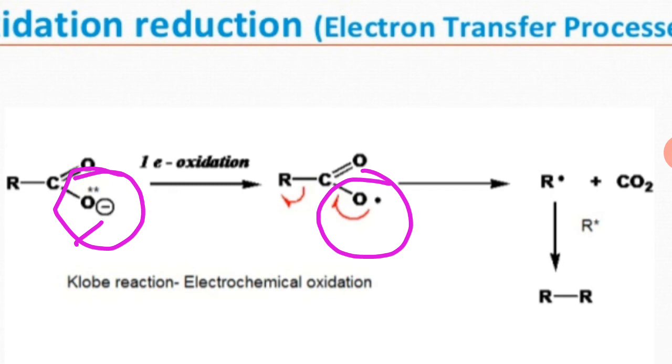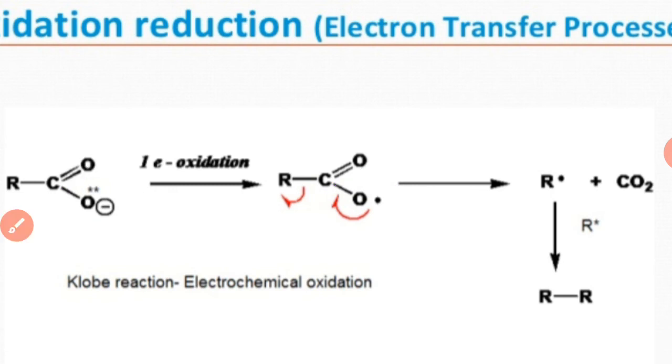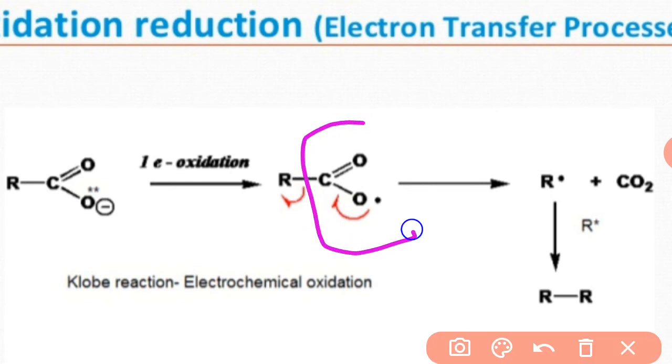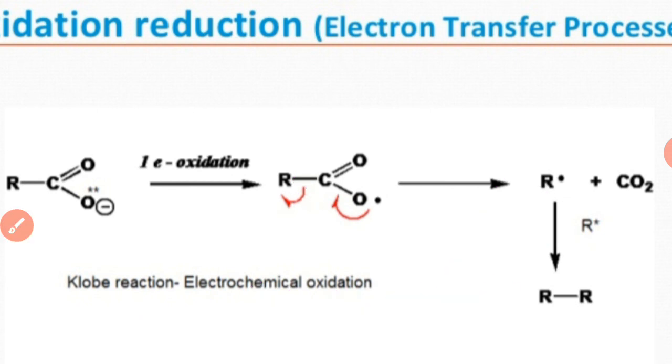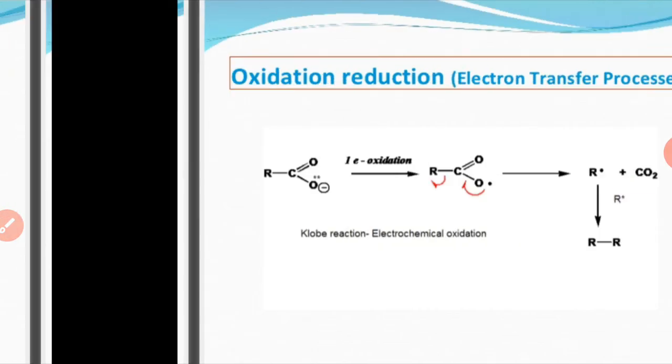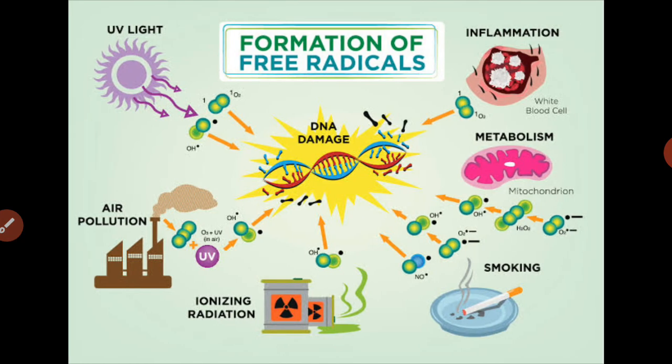So this free radical will be generated inside to make a bond, and as a result carbon dioxide will be removed, and this R will be generated as a free radical that will react further with any other R group to generate an alkane. This was very important and very easy because you have already learned about the preparation of alkanes. So these were the few methods used to generate the free radical as an intermediate.